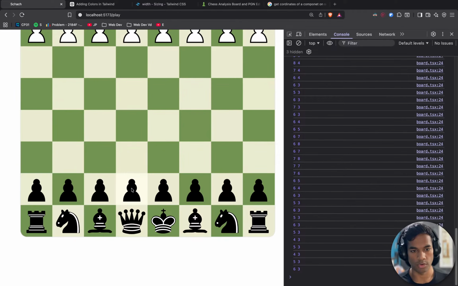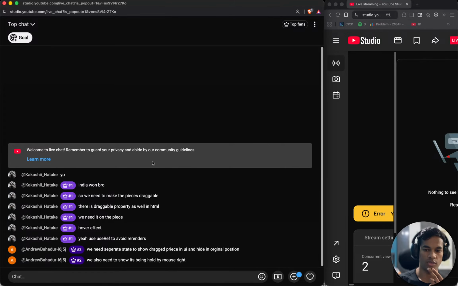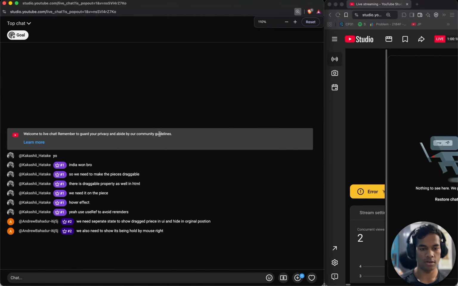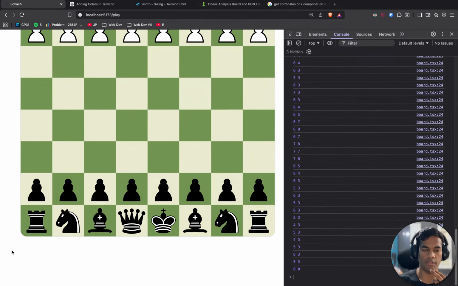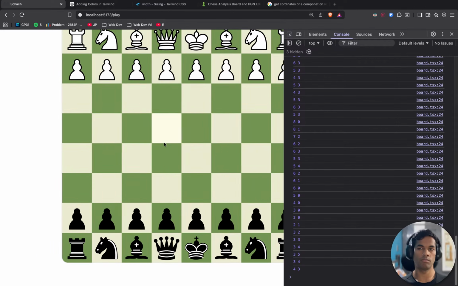So this thing would go away. And second would be to make the piece appear at the mouse position, which also we can do, I think, using an event listener, because we need to show it being held by mouse. Yep, we need to show. So state, I think we can use an event listener.